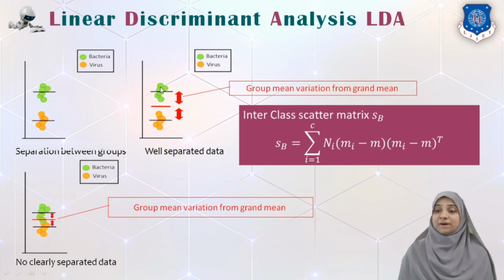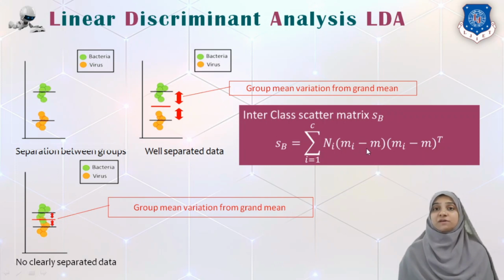Here, as you can see, my first group contains 6 data points. The second group also contains 6 data points. So for both terms we will have the Ni value as 6. I repeat, Ni is nothing but the number of elements or data points in a given group. And we will calculate the difference between the group mean, that is Mi, minus the grand mean. As you can see, one group mean is above the grand mean and another group mean is below the grand mean.